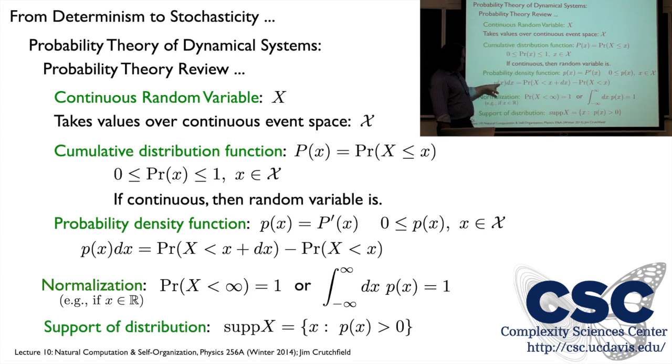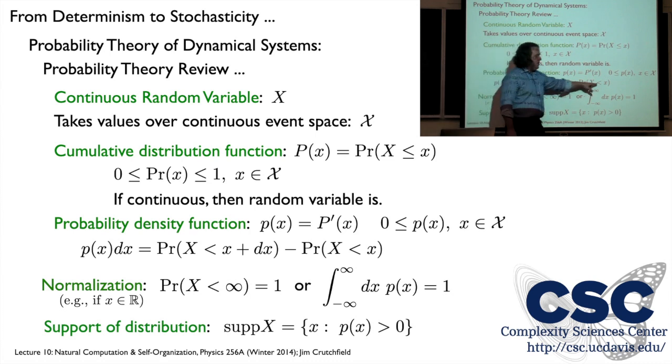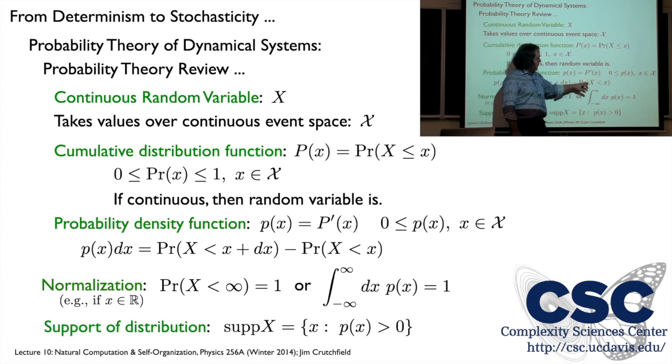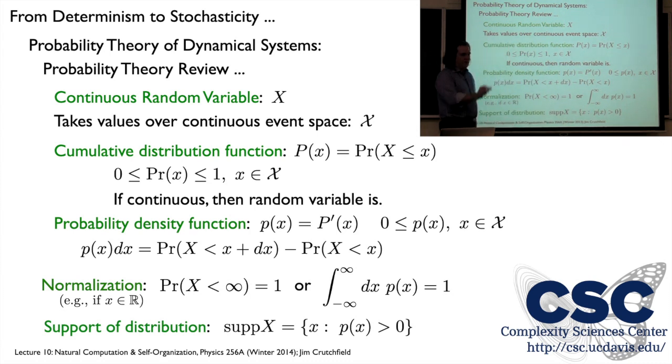What we do is little p of x here, it's probability per unit interval. That's why it's called the density. And it's the difference between the cumulative distribution function. Probability that x is less than little x plus dx minus probability that the random variable is less than x. So there's some small little interval of change.